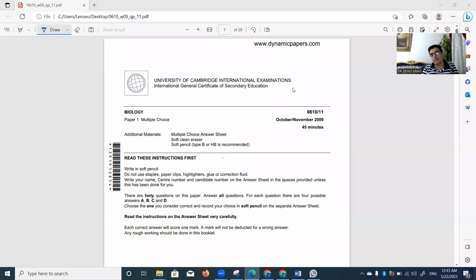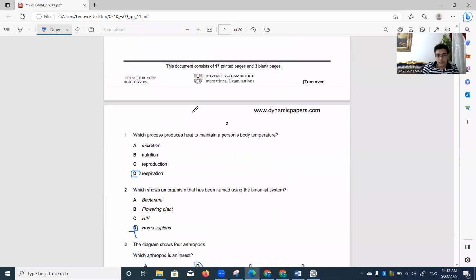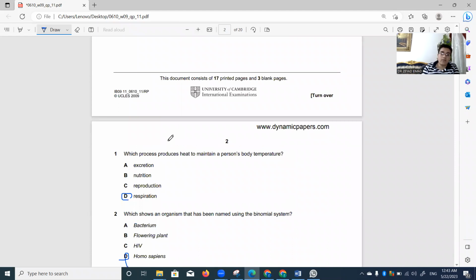Okay, now we are gonna solve November 2009. Let's start with the first question. Which process produces heat to maintain a person's body temperature? So, we want to generate heat from respiration. As we all know, respiration generates heat and it produces heat that maintains the body temperature,